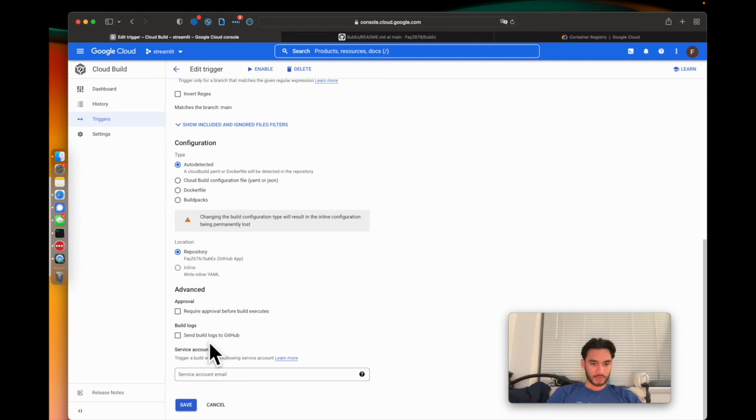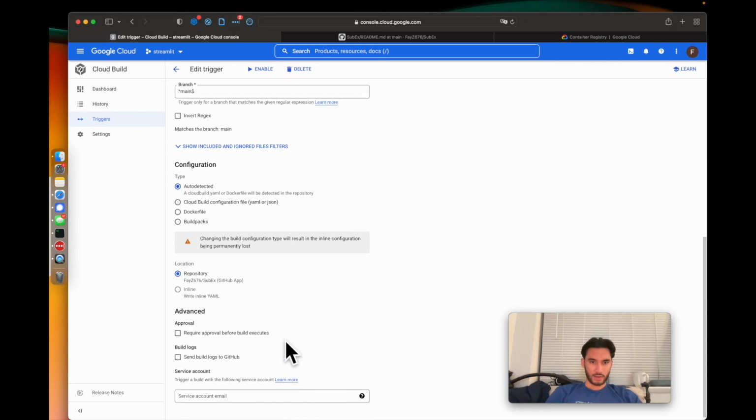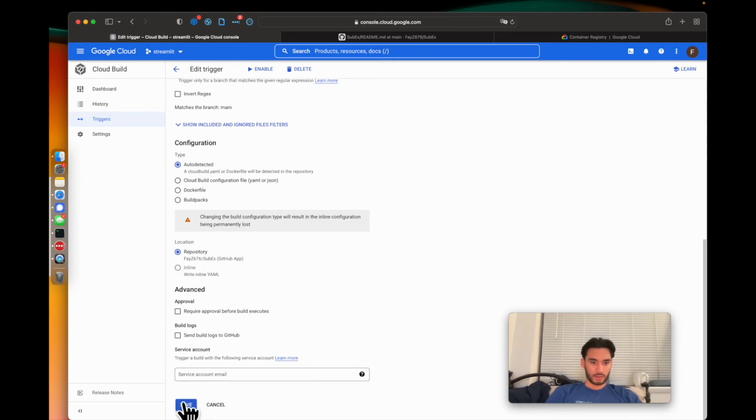Build logs, so you could send the build logs to GitHub. That's pretty cool. I didn't check that personally. And service account email, so you won't have to do that, I don't think. So in this case, I would hit save, and it would create the trigger and start building the new